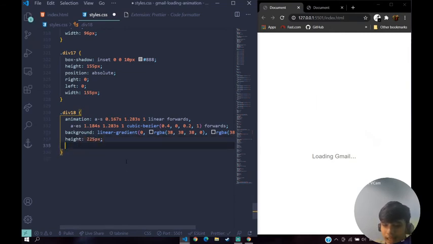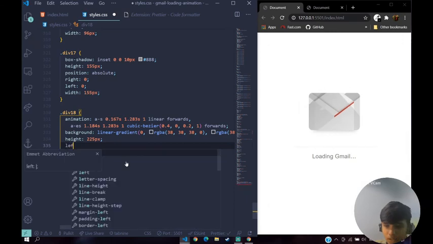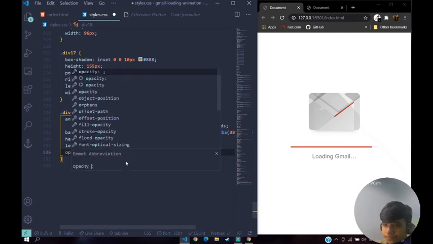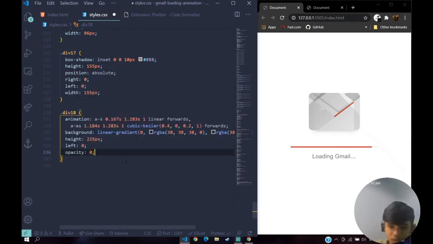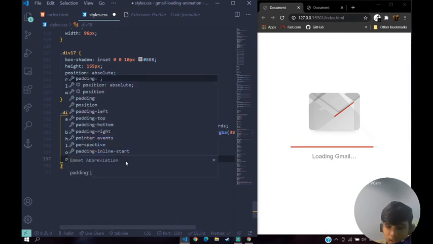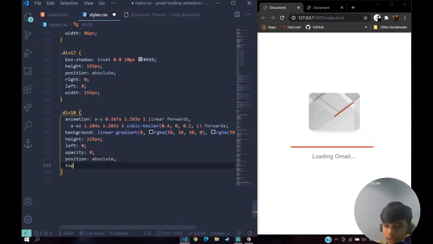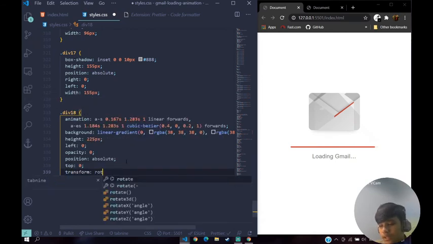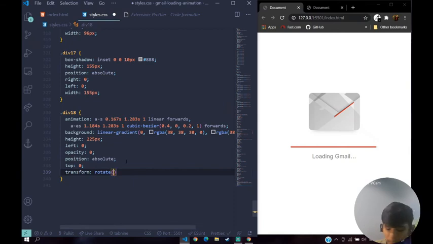and then I'm gonna give a left of 0. Okay, messed up, I know that. Left of 0, opacity of 0, height 220, opacity 0, position absolute, and then top 0, and then transform rotate by around minus 43 degrees, not 23 my friend, 43, yeah, this, and then